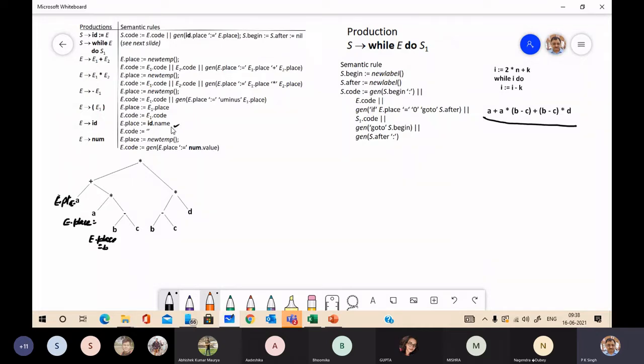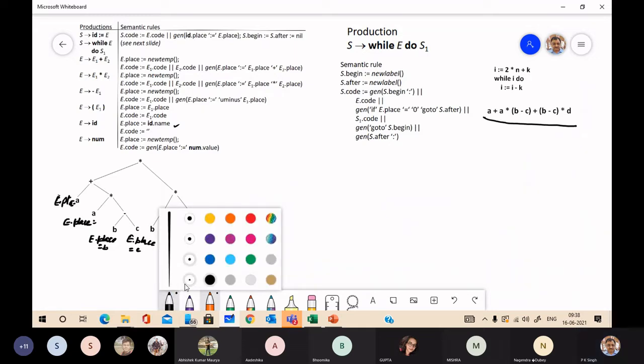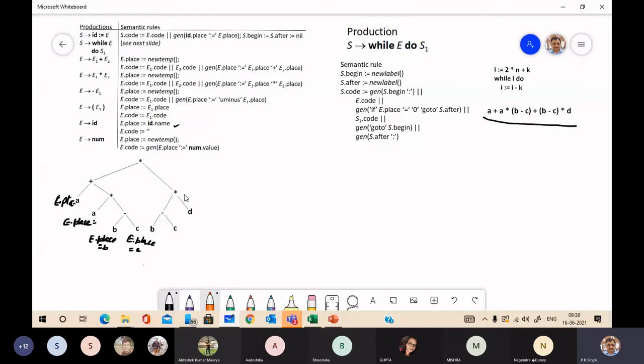This action, we don't have any code. Okay. Then minus is shifted and then C is shifted and reduced to E. So E place is now C. After then, it will perform this operation using this production.